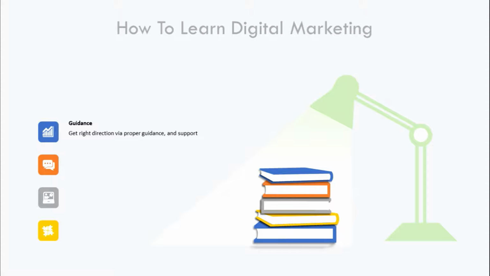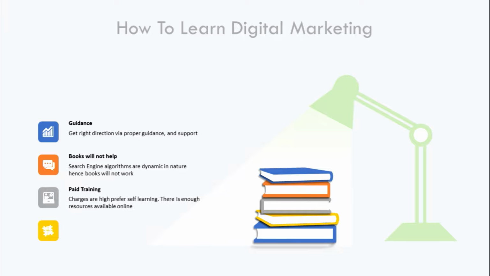Now, how to learn digital marketing? Guidance, we are here to provide you guidance 24/7. But to learn digital marketing, books will not help. Just like I said, a 1 year gap makes me outdated, and these books are not regularly updated. Paid training, maybe you can go with paid training, but I will prefer to go through the internet. Everything is available on the internet, you just need to do a simple Google search. And that too you need not do. Just browse our website and our lectures that are available on the Facebook and LinkedIn group. Step by step we have sorted the lectures to learn SEO.